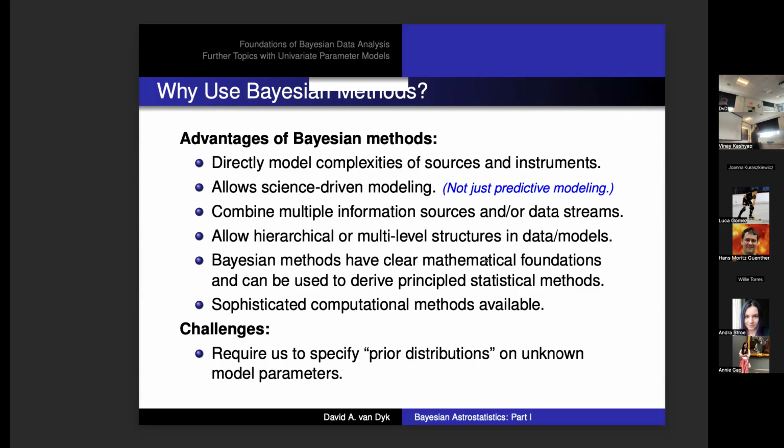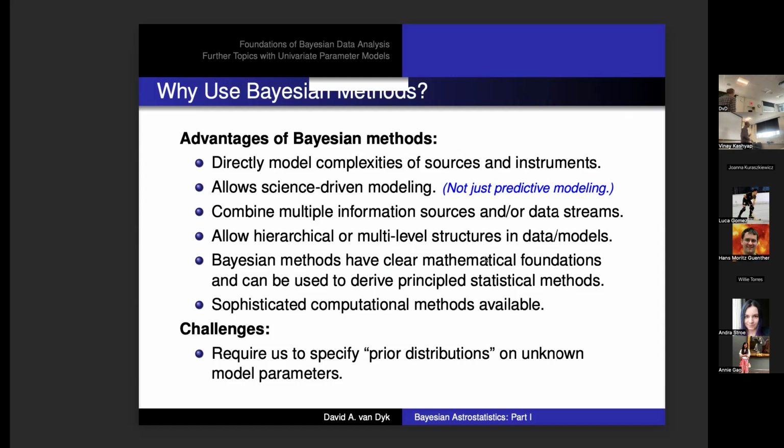So you could think about modeling individual objects or sources, such as stars. Like what are the physics in the star? What is used based on the data from observations of this particular object? But I might also, at the same time, want to be learning about the population. So making a luminosity function accounting for selection effects. And there are going to be statistical questions at both levels, maybe the Poisson nature of the data coming from a particular source, and then the population effects, putting that all together in a coherent analysis. Sophisticated computational methods are available for fitting these complicated models. That's going to be the topic for our second set of lectures.